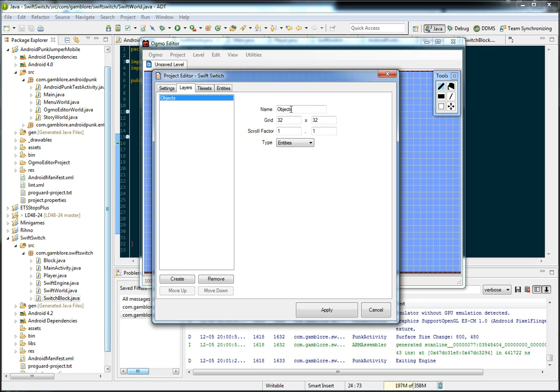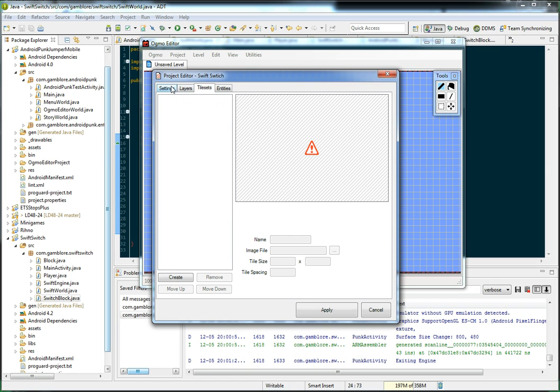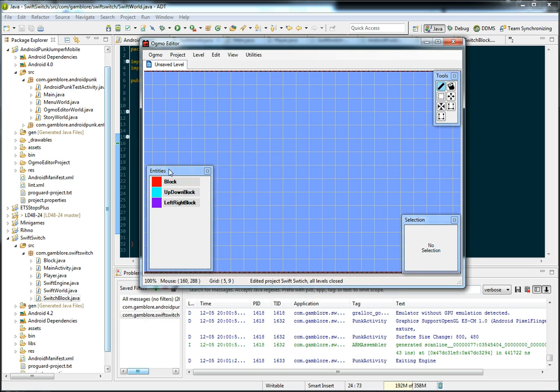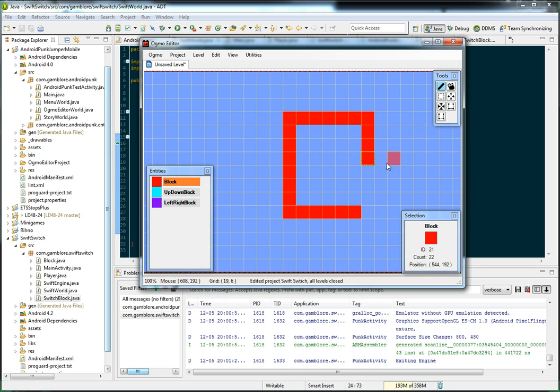So now we have a layer of objects. We don't have a tile set, we don't need that. Apply it. So now you can go in and place some entities, things you can't hit. Now this is completely not a really great way to go, because each entity is going to have to be created as an object, and you're going to be creating huge things of levels. I guess we also need a goal or something you need to get to, so let's just add that